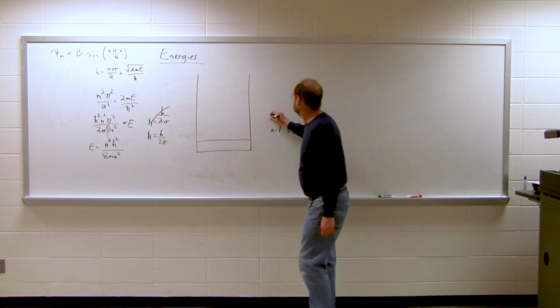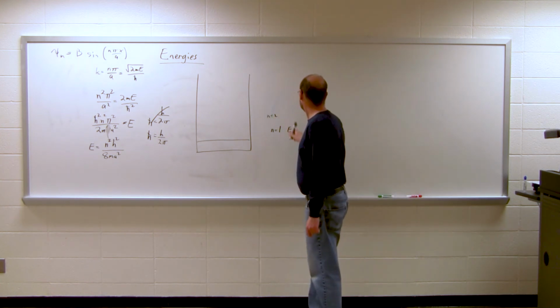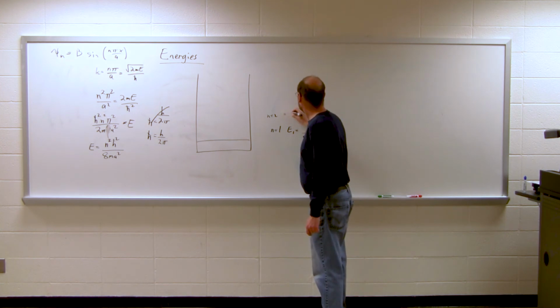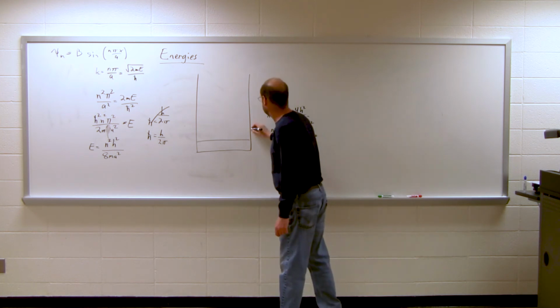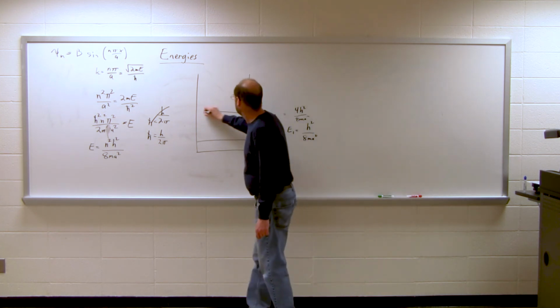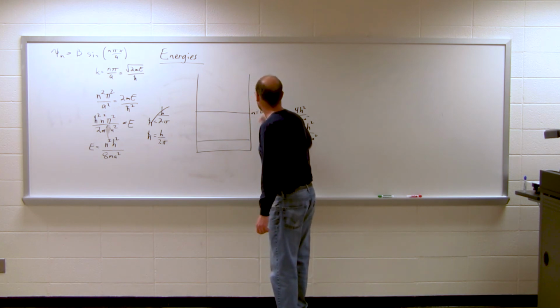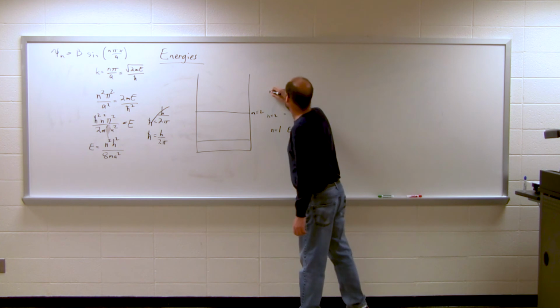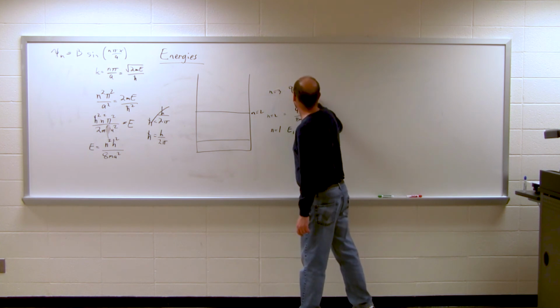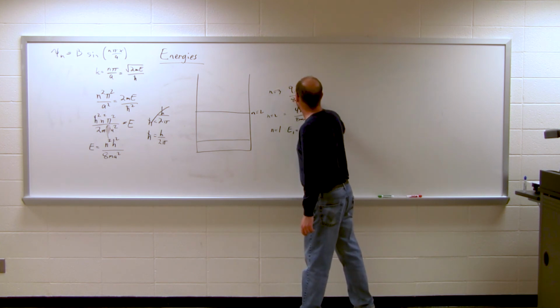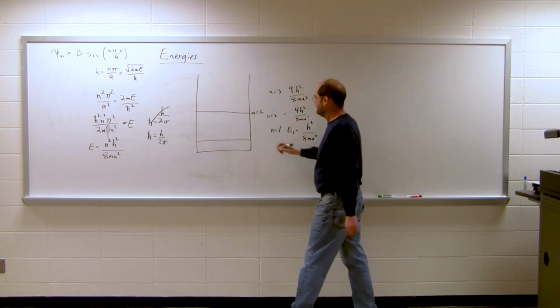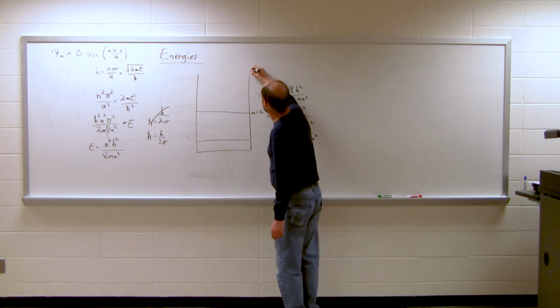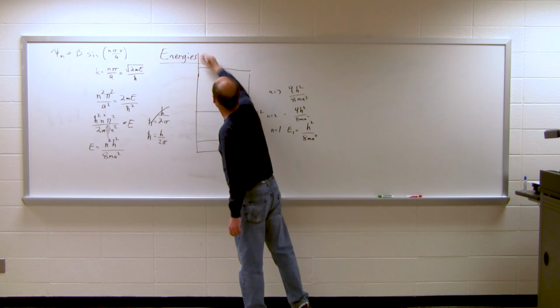For n equals 2, it's going to be 2 squared, so 4h squared over 8ma squared. So 1, 2, 3, so n equals 2. My next energy level, n equals 3, is going to be 9h squared over 8ma squared. So this is 4, 8, about 9 right here,